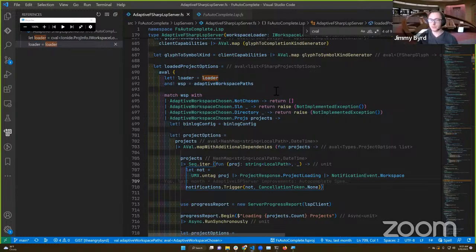This is done ad hoc in the regular LSP server. These dependencies are there, they're just not very apparent, and it's less obvious what things rely on what, and how state is tracked.